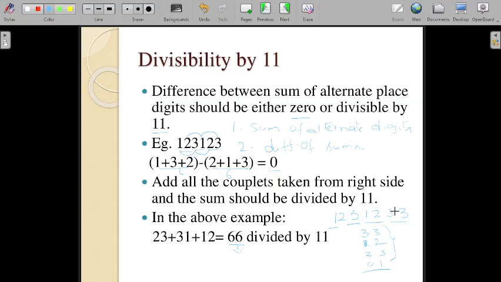So this is the second method. I hope you might have got it. If you don't understand it, just go backward and listen to it. Definitely it's not a difficult one. You will understand it. Okay, next,